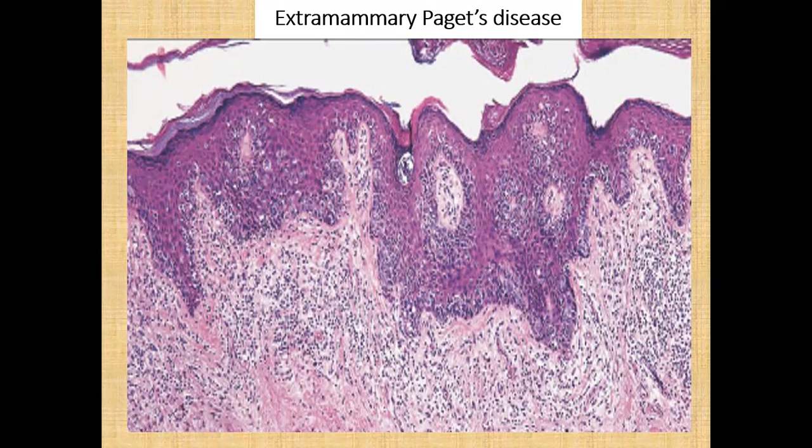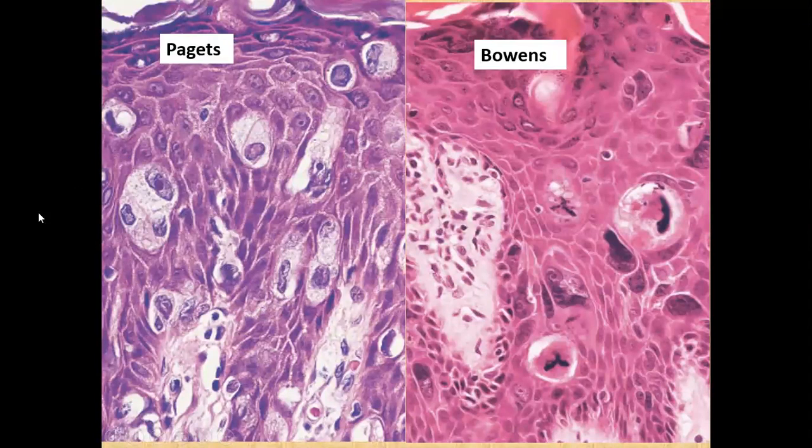Extramammary Paget's disease. Extramammary Paget's disease will look like there will be a number of atypical cells with a clear halo that will be either present singly or in groups within the epidermis. The group of atypical cells are called the Pagetoid spread or the Paget cells. These Paget cells originate from an intraductal tumor of the breast, and they are not keratinocytes. Hence, these cells are only infiltrating the epidermis as a metastasis,